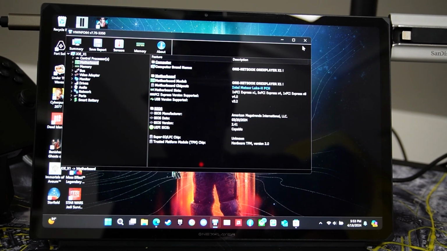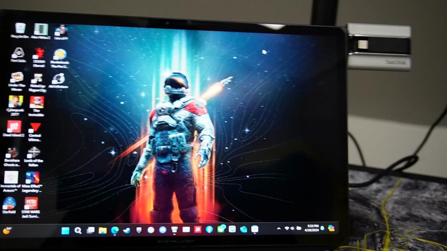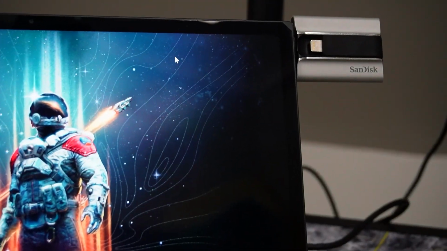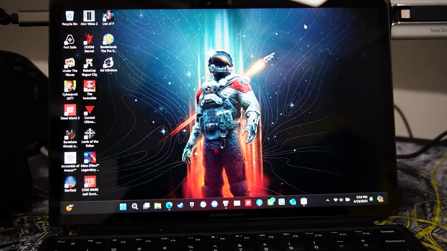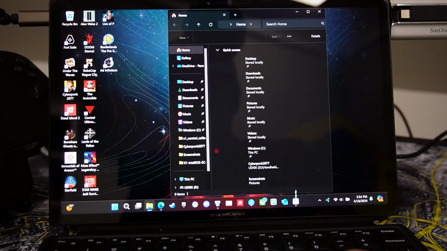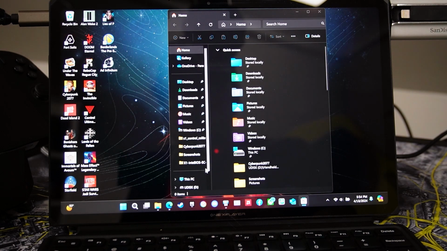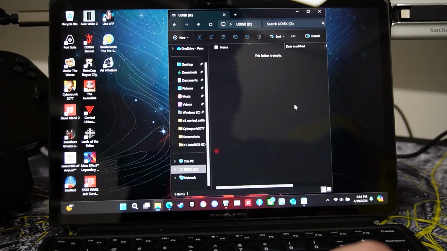So the first step we want to take is to prepare our USB drive, and as you can see, I do have a USB drive here that I am using for this update, and we want to make sure that it is compatible with using the FAT32 partition type. So let's go into our File Explorer here, and let's go to our UDisk C. In this case, this is what I have plugged in, and I have nothing on this stick drive, and I